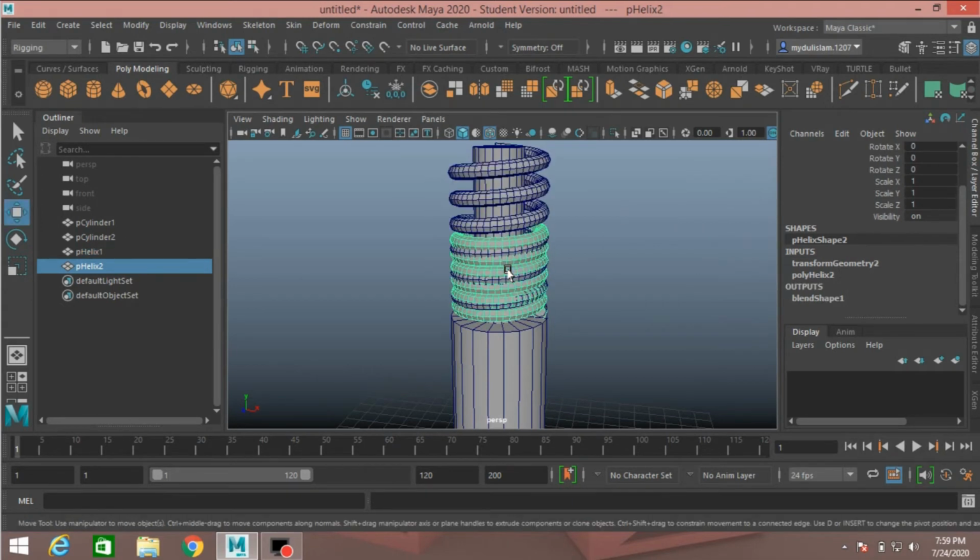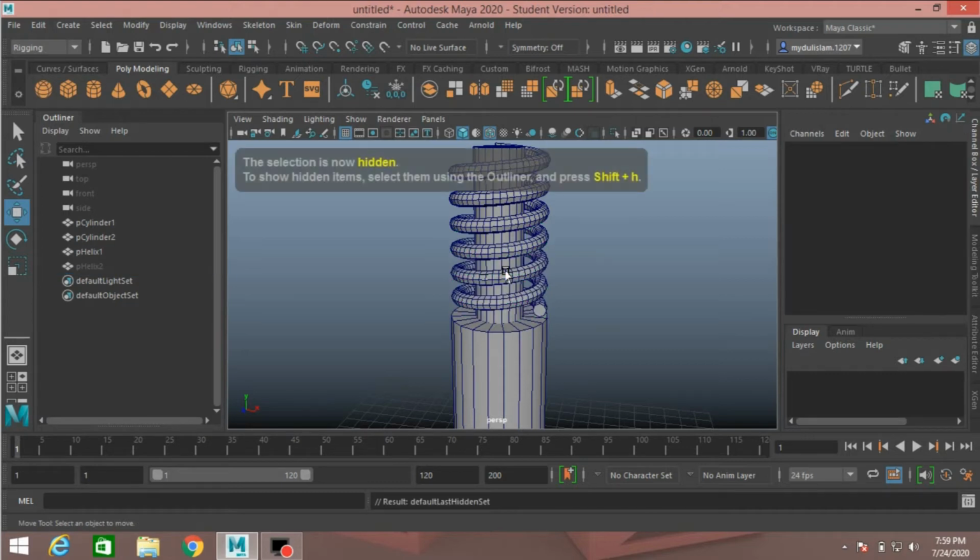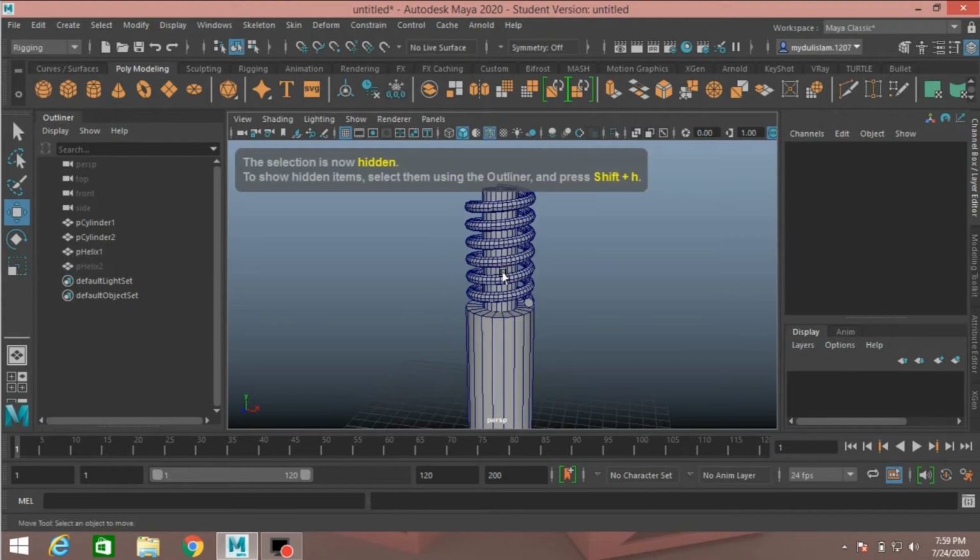Now select the polyhelix 2, Ctrl plus H to hide the polyhelix.